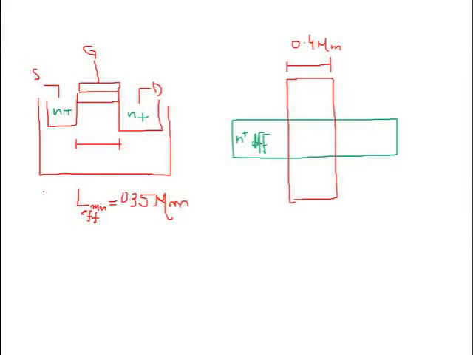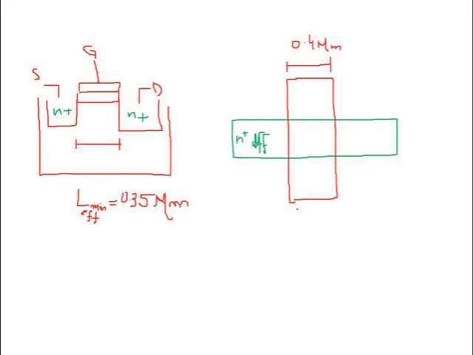For example, let's say a certain fabrication process can successfully make a transistor of minimum length equal to 0.35 micrometer. But to be on safe side, we set a rule on the layout that the minimum width of polysilicon rectangle over a diffusion region must not be less than 0.4 micrometer.